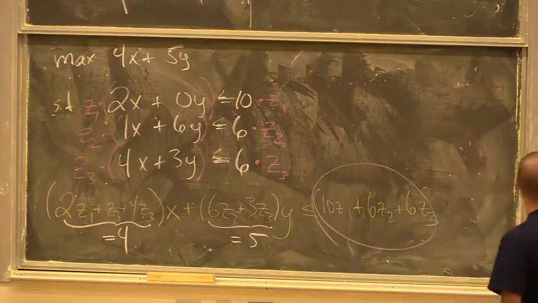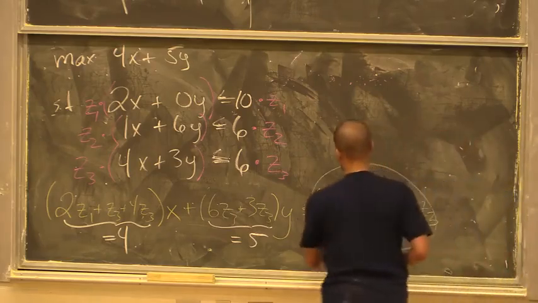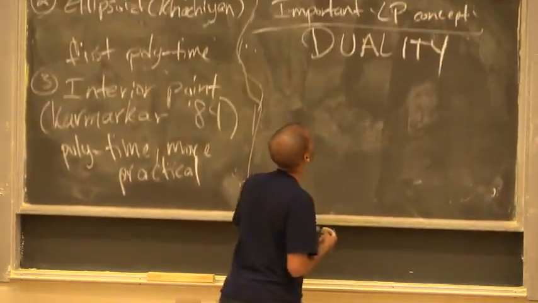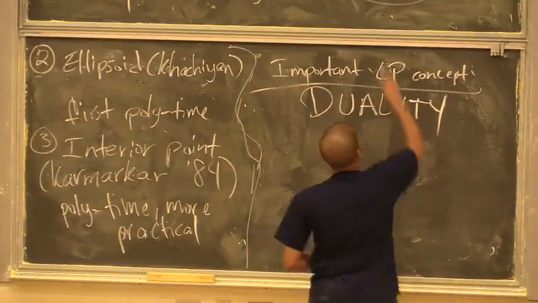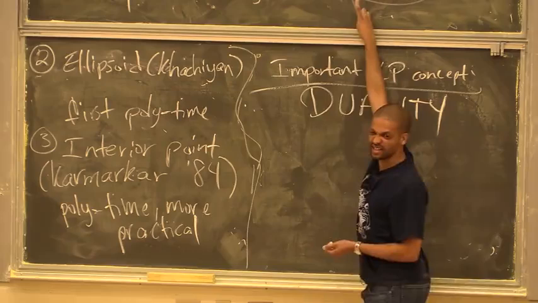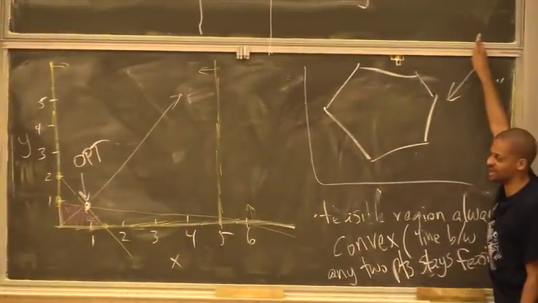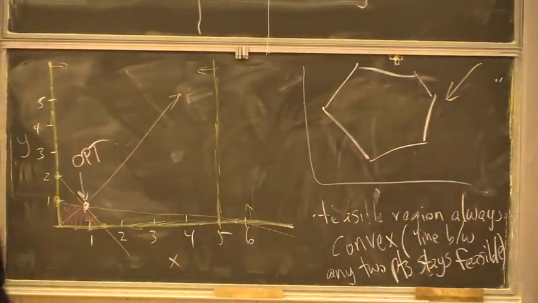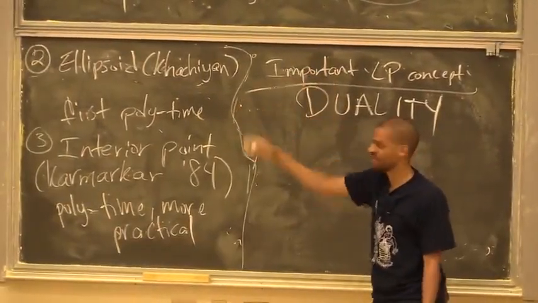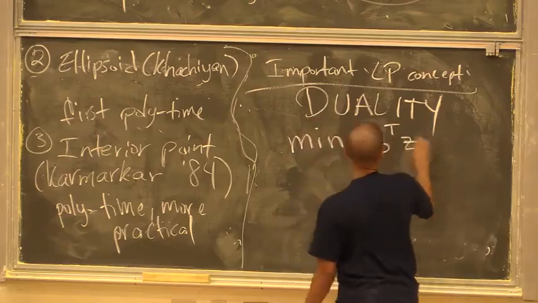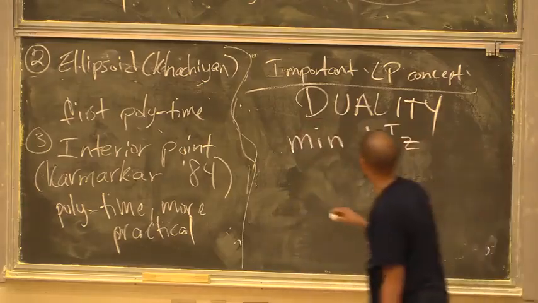Right? So that inspires what's called the dual linear program. First of all, what are the coefficients on the right-hand side? They're the coefficients over here, which is b. That's the vector b. And I'm trying to convince you of the best upper bound possible. I want to make that number as small as possible to convince you that you can't make that much money. So I want to minimize b transpose z, subject to the constraint